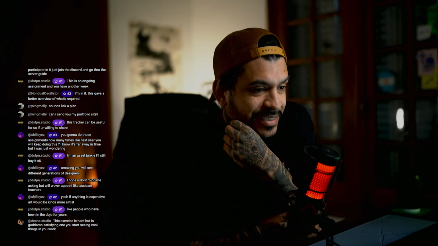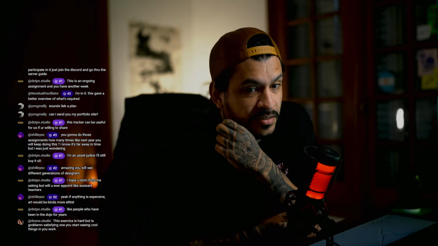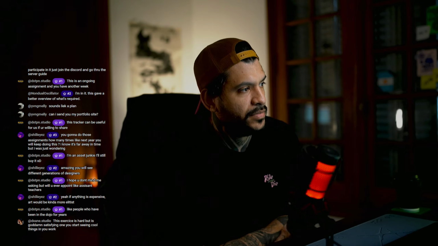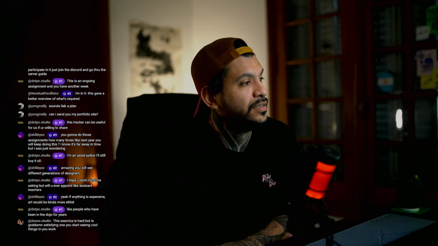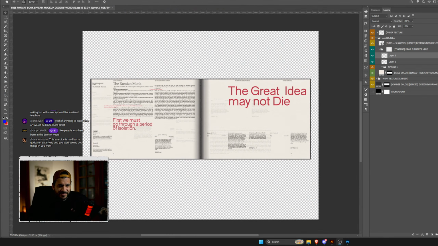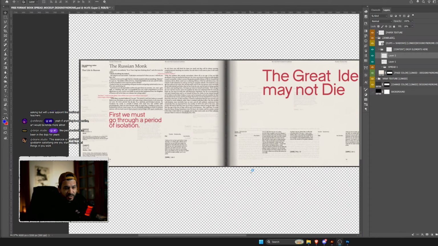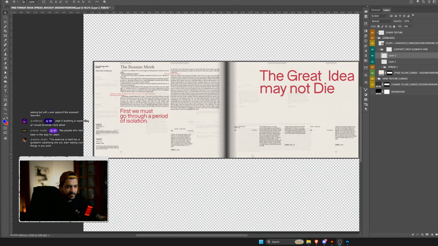Diane saying, this exercise is hard, but it's goddamn satisfying when you start seeing cool things in your work. Yeah, for sure. This is because it's complex, right? That complexity reaches a point in which it breaks the threshold and it looks cool. It's like this one that I made. I wasn't really feeling it, guys. I was fumbling this, the cat is out of the bag. They know I'm shit. But then it takes form and it looks cool, right? But this is hard.